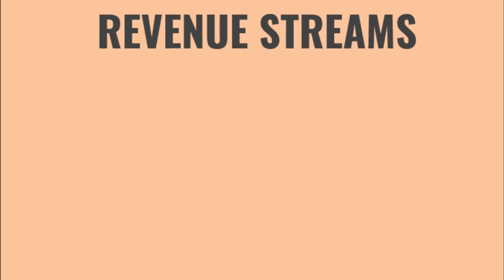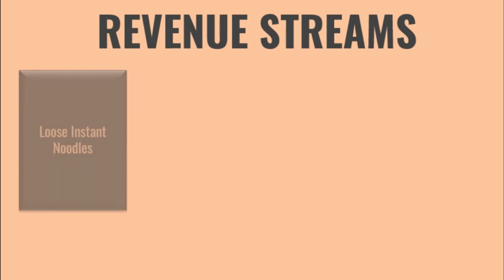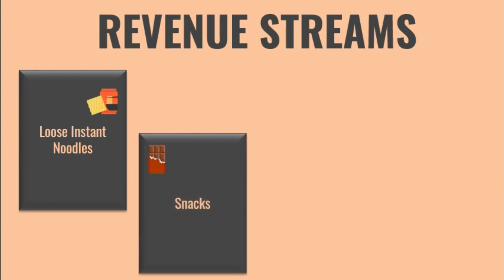For revenue streams, instant noodle shops gain their revenue by selling instant noodles. There are various types of instant noodles that can be bought at the shop, for example, packs of Samyang, Maggi, Mami, and Mi Sedap. Other than that, we also sell snacks and drinks, such as chocolate bars and several types of water. This is because after eating something spicy, some consumers prefer to eat food that contains sugar.